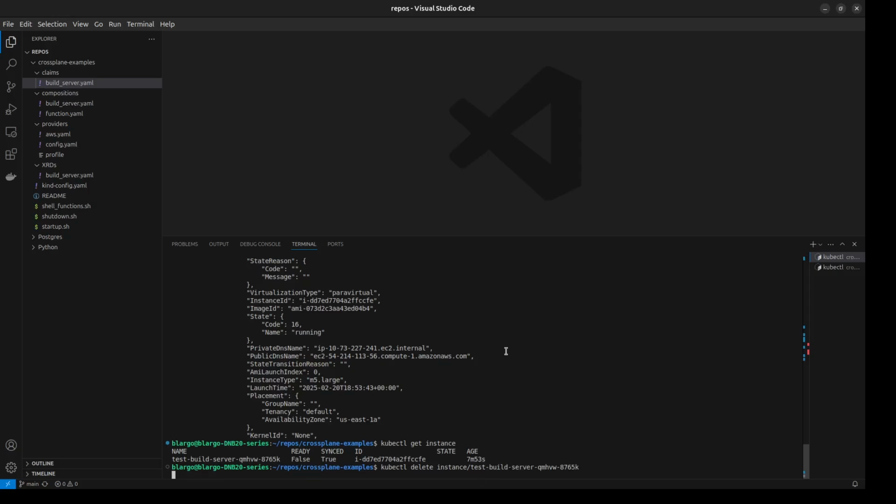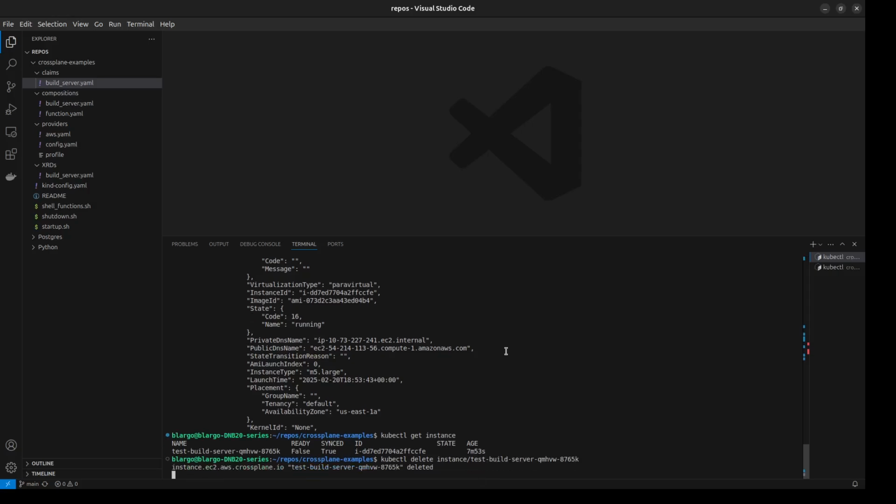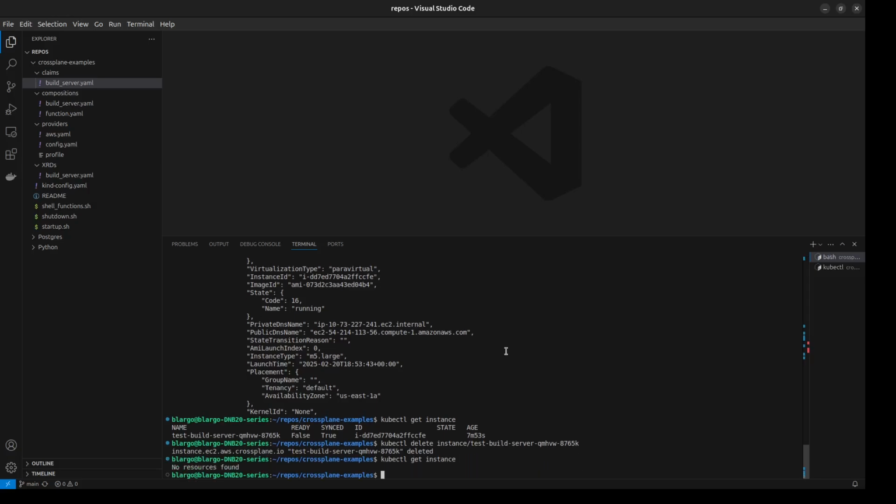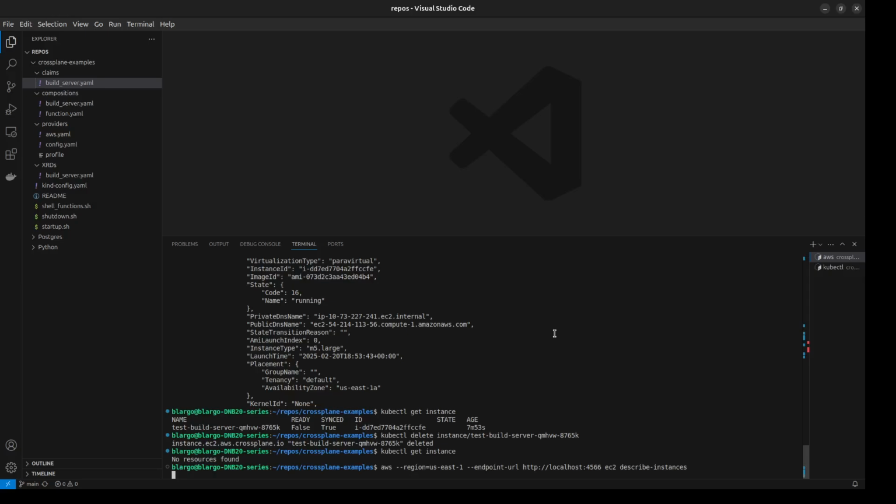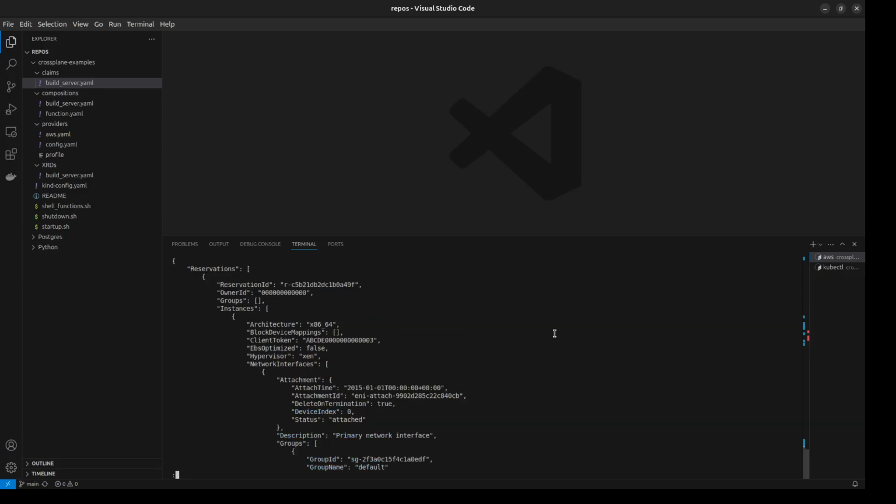That didn't, there we go. It may recreate it, I don't know. I don't think it does. And if I go back and flip the screens there, now if I run the command again,